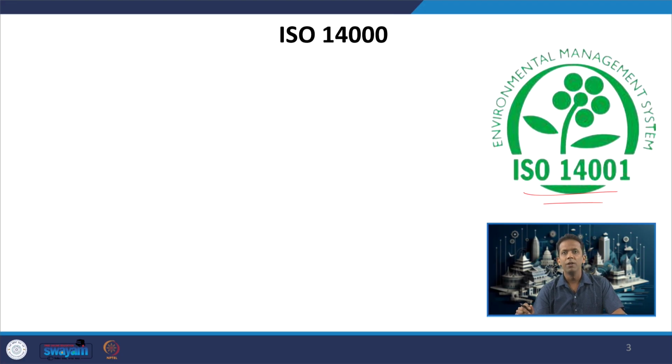So, this label ISO 14001 is specific to environmental management systems, and you would see this nowadays on most of the big companies or corporates. Whenever you look at the logos or the web pages of, let us say, Tata Power, Reliance, Adani, you would see this ISO 14001 certified. Ten years back ISO 9001 certified, which is related to quality, was very popular. But since the time climate change and environmental management have become very important issues in the corporate and business sector, ISO 14001 has gained huge momentum.